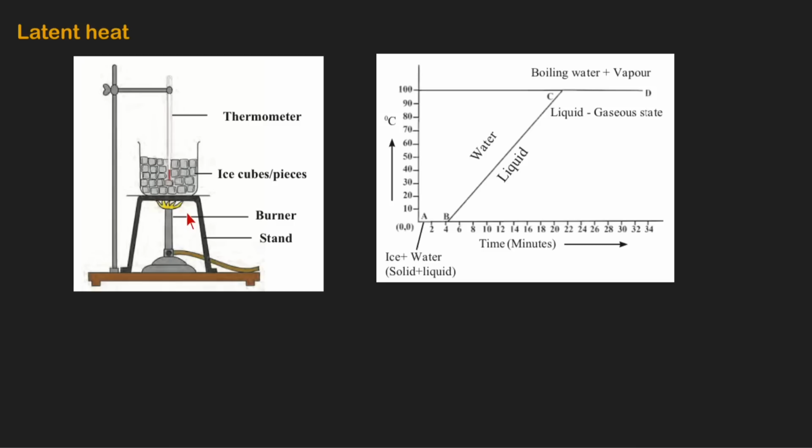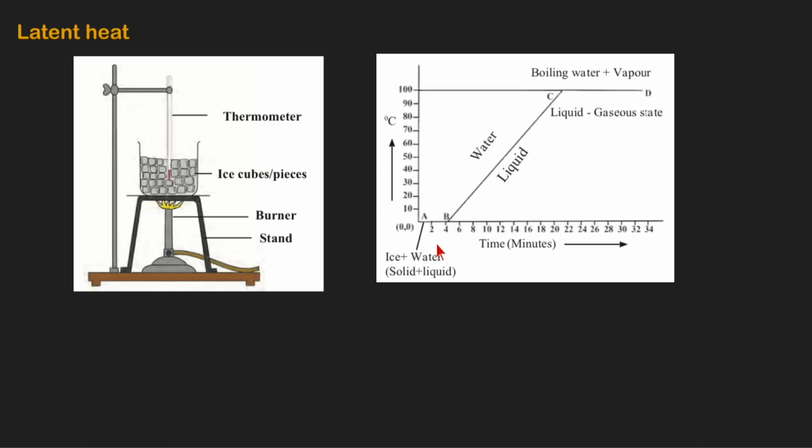When heat energy through the burner is supplied, this ice starts melting. Here we can note down the reading from the thermometer. What we observe through that reading is shown in the graph. Now look at the point A to B. Here, before the point A,